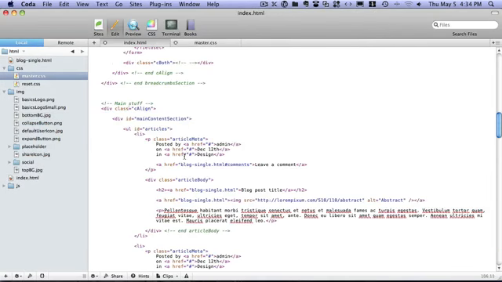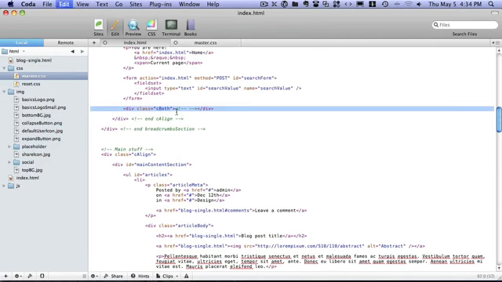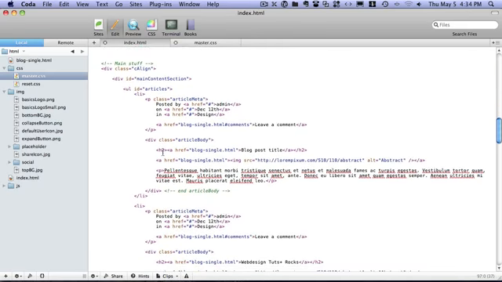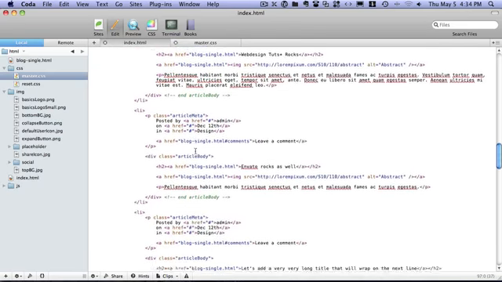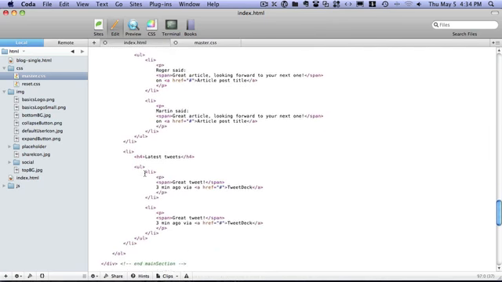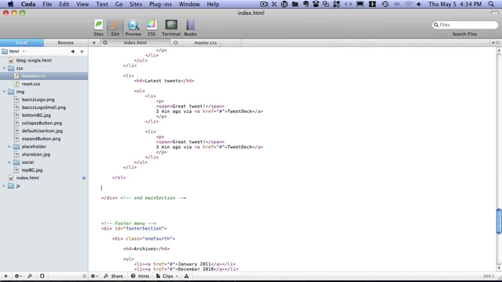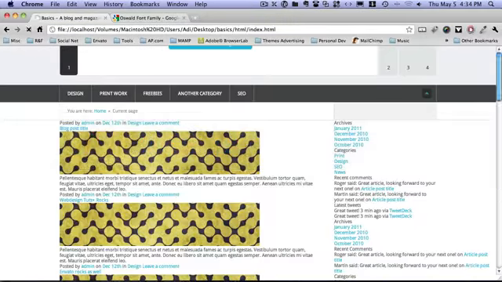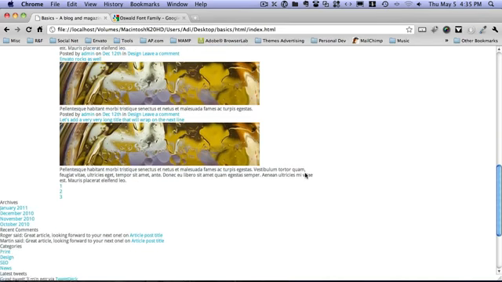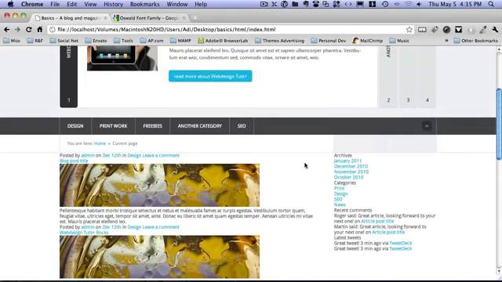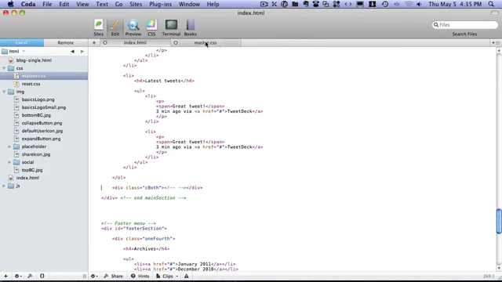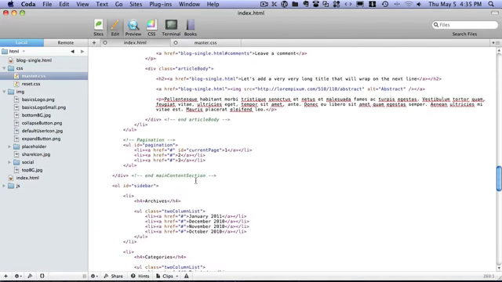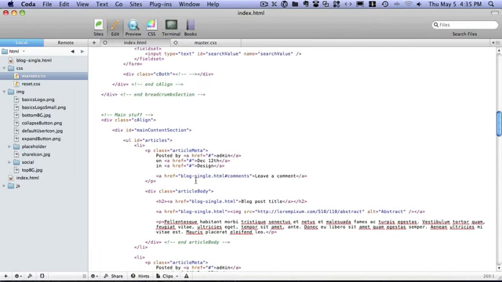All right, next we need to clear these floats. So easiest way, just go down here, main content, UL, sidebar. I think this is the correct place to use that. Yes, indeed. So by using that, we cleared our floats. Okay, next step would be to just push down the elements, and let's see,